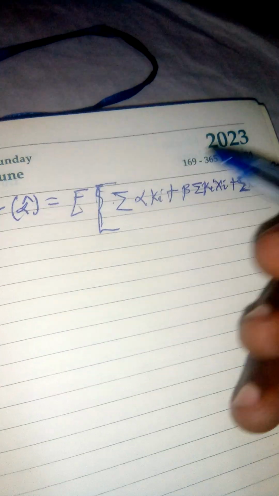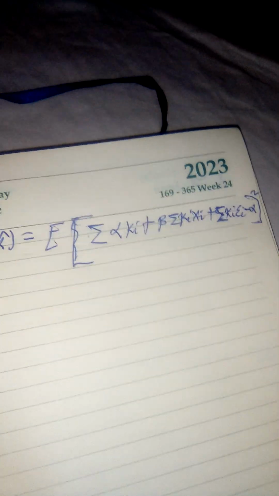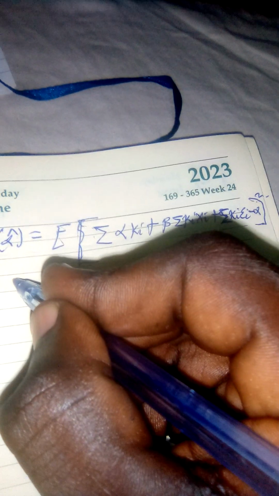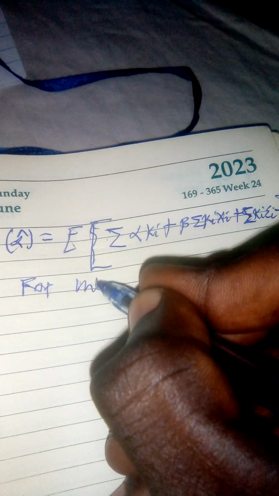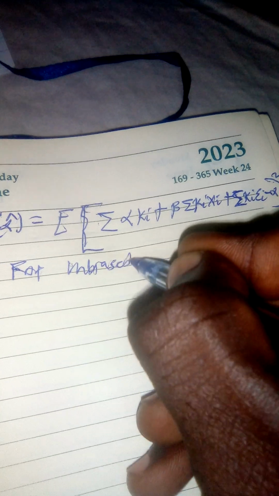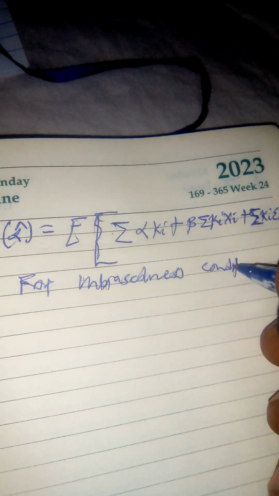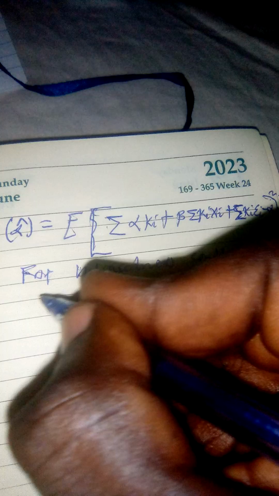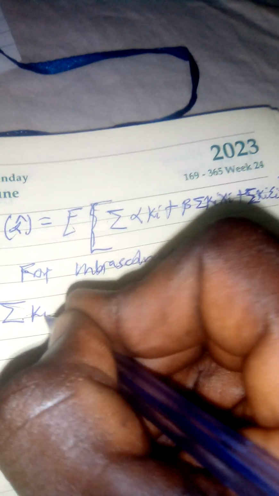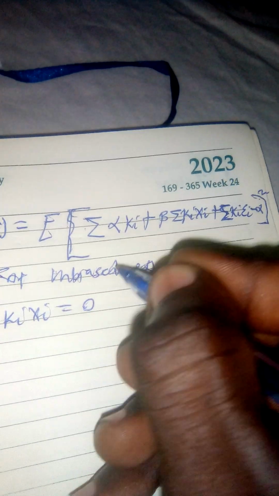So, on continuation, previously we said that for the unbiasedness conditions, the sum of ki xi is equal to 0, and the summation